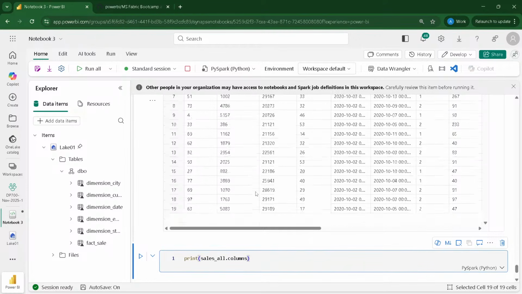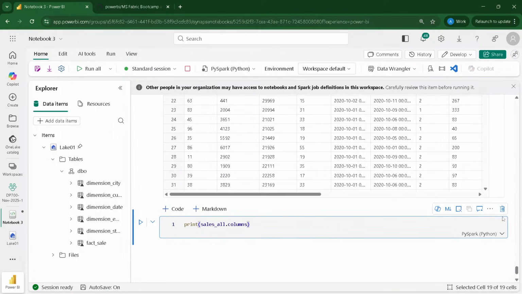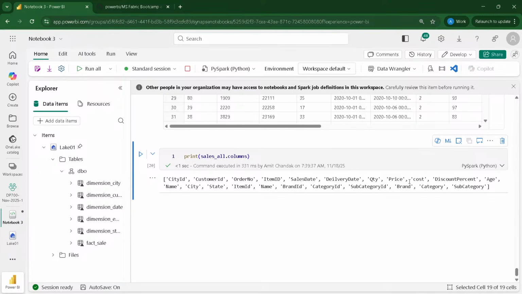So how do I print my column names? sales_all.columns is going to give me all the column names, and these are my column names. Now I would like to do some analysis, and before doing that analysis, I want to add some calculation.